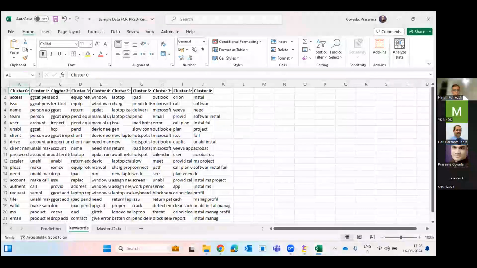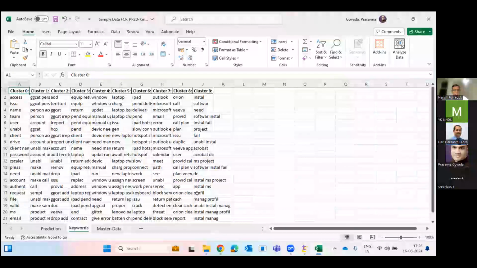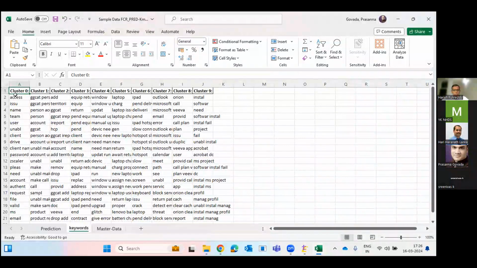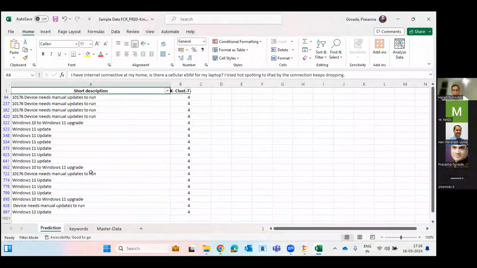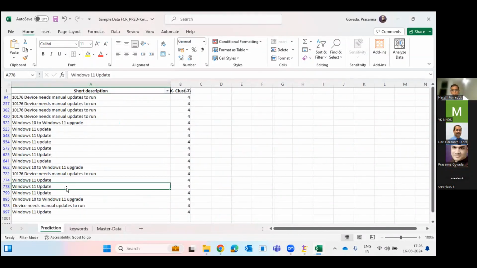So the cluster 0, cluster 1, so on and so forth till cluster 9, it brings about certain keywords which are tokens, as I said, and these tokens are amalgamated together to bring out the categorization. And that way, a certain account can use this to recategorize their data and make a meaningful outcome out of it, right?